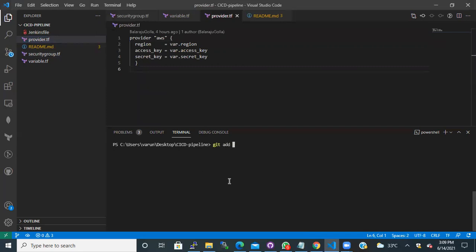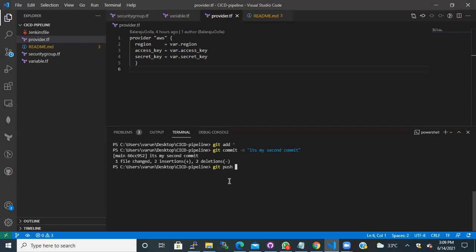Git add star, git commit hyphen m, second commit. It's my second commit.